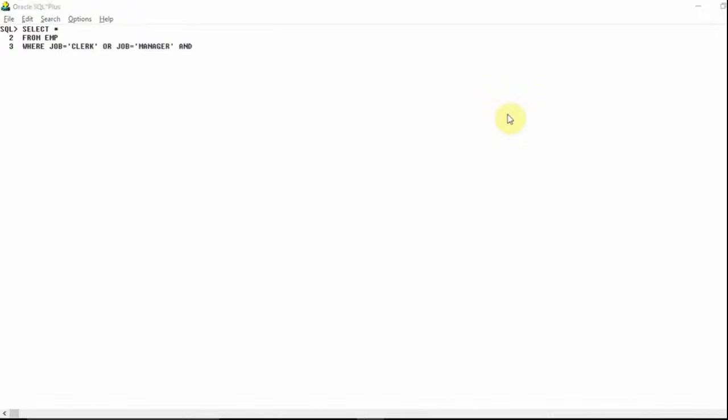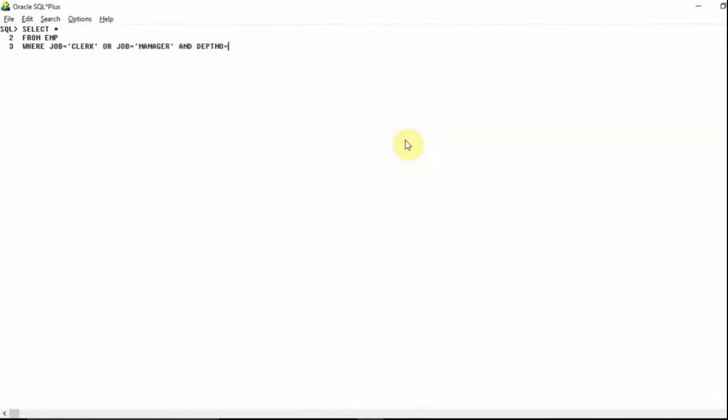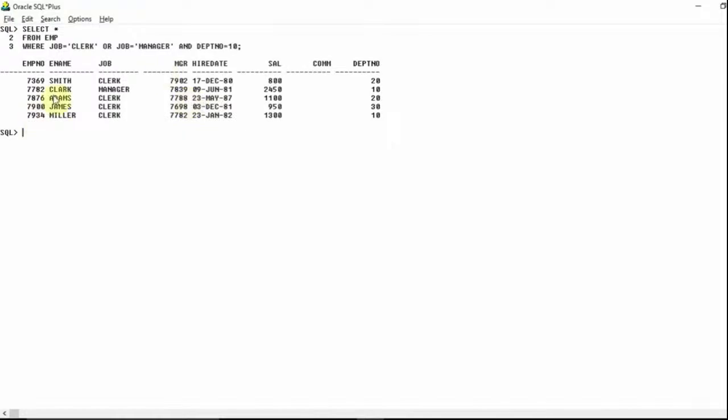After that, another condition says department 10. So DEPT number equal to 10. So this is one of the ways, guys, how we can write, and this is the output. Alright, so instead of writing job equal to manager and job equal to clerk and job equal to manager,